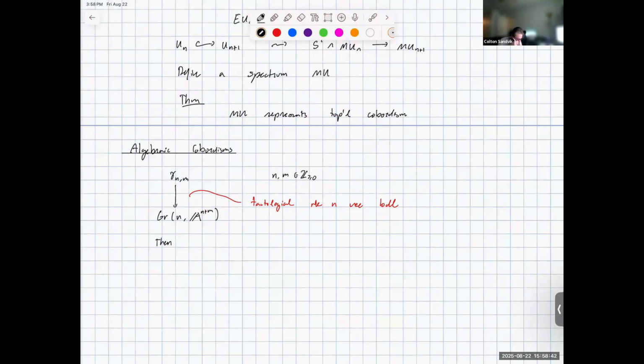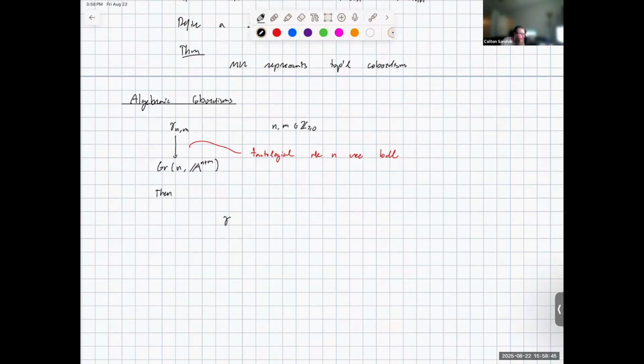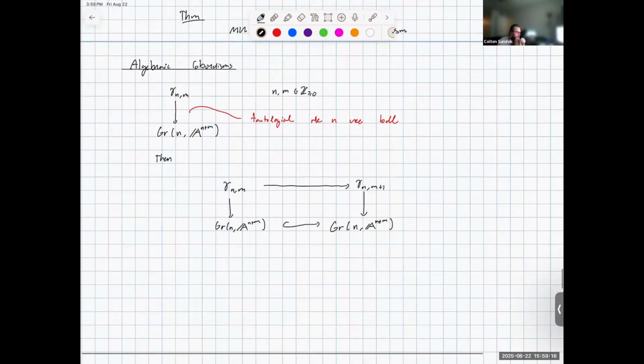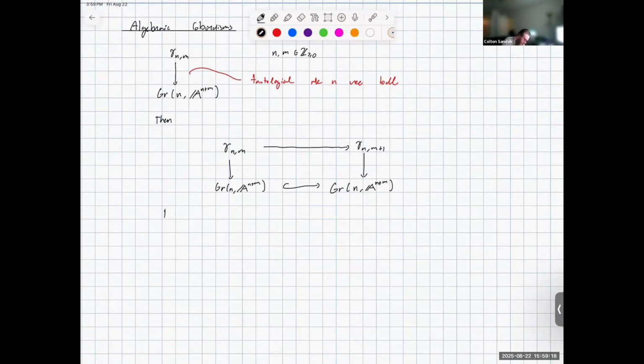So if we look at gamma n,m sitting over Gr(n,m), which sits inside Gr(n,m+1), we have gamma n,m+1 over here, but this is compatible, and we can construct a unique map here that makes this commute. And so by taking colimits,